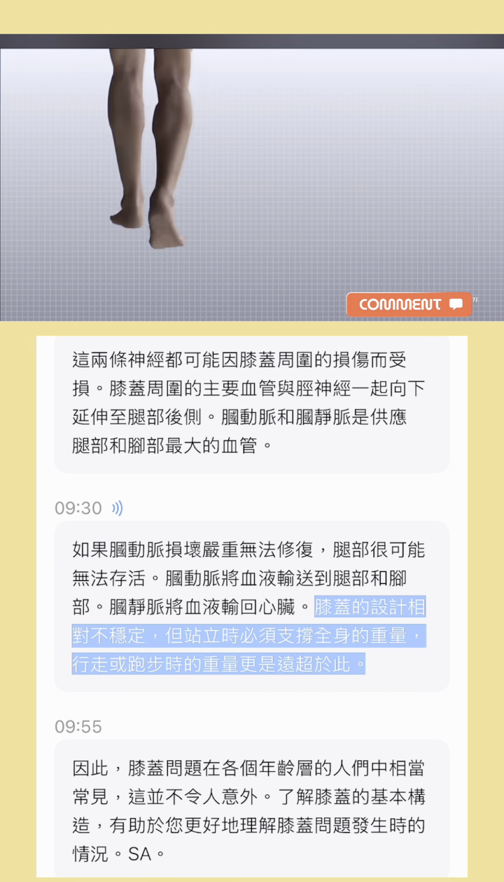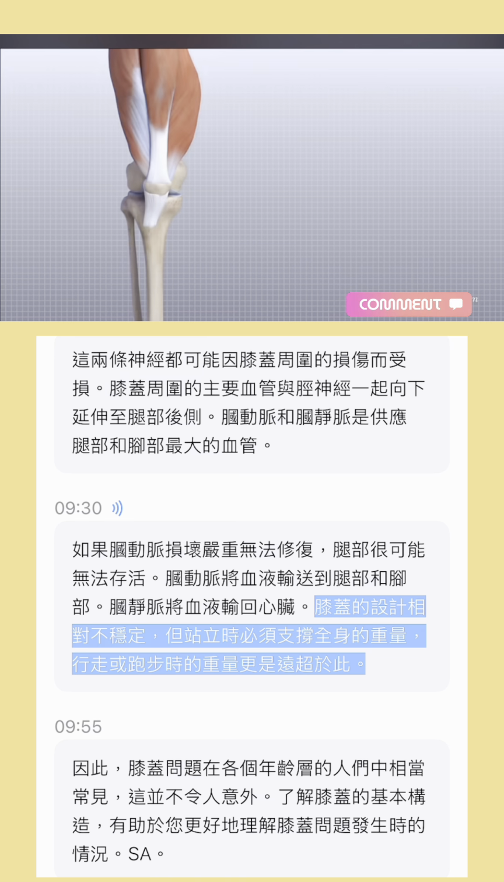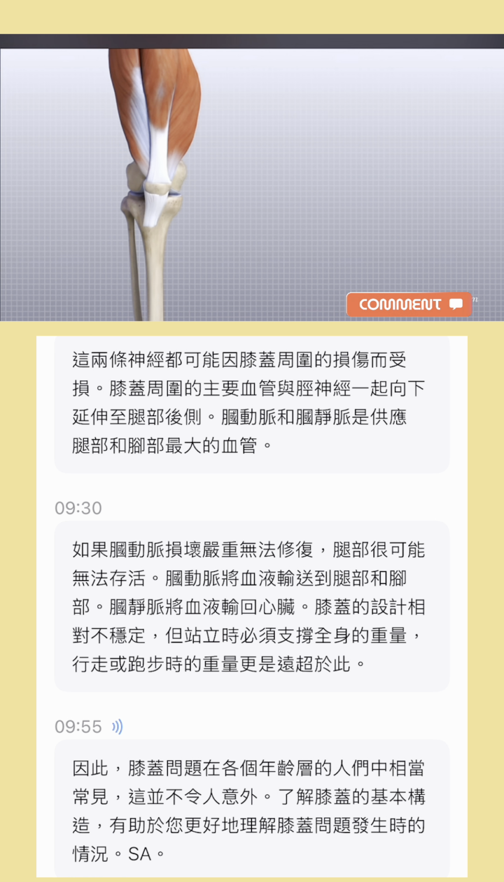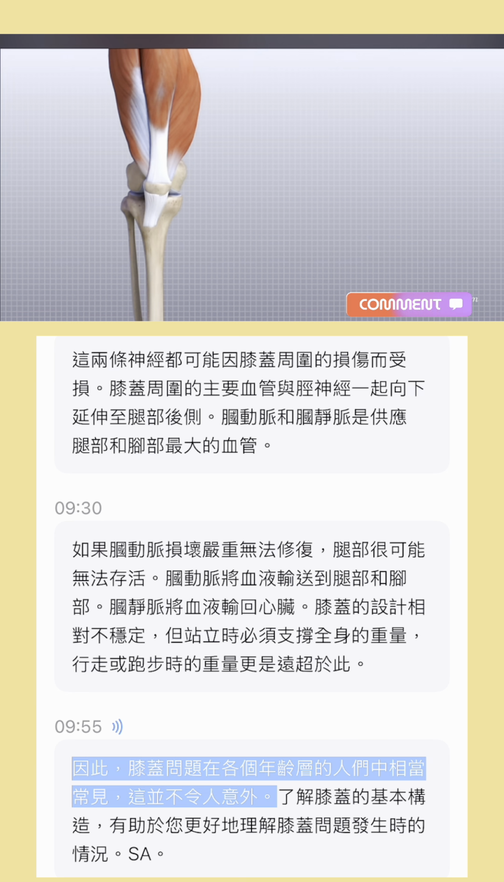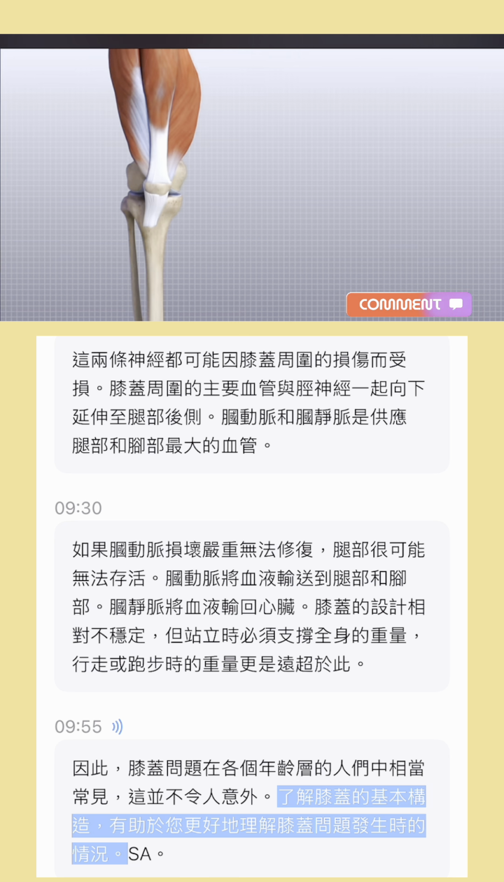The knee has a somewhat unstable design, yet it must support the body's full weight when standing and much more than that during walking or running. So it's not surprising that knee problems are a fairly common complaint among people of all ages. Understanding the basic parts of the knee can help you